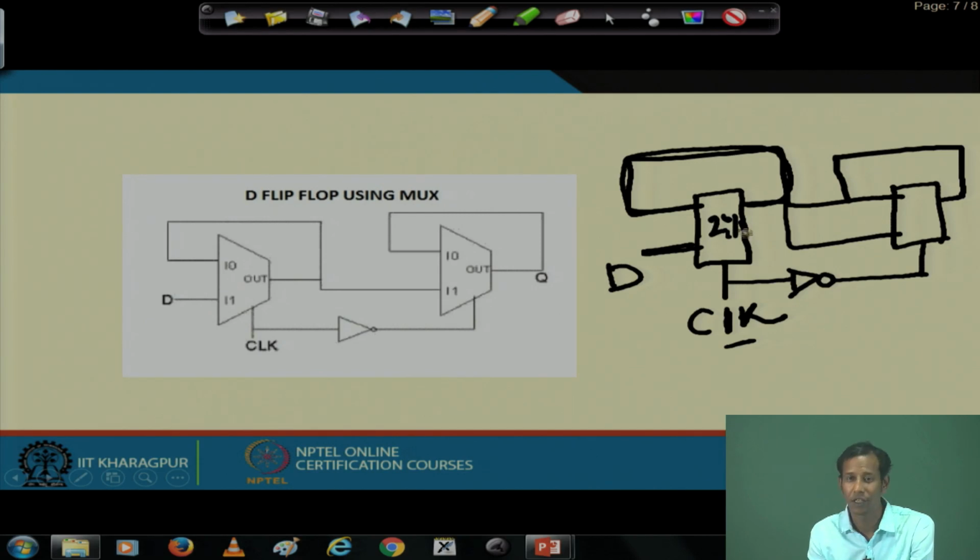The same configuration we have used here to implement it using two latches which have been designed using 2:1 multiplexers. So, that configuration we have used to implement the D flip flop using multiplexers. Okay. Now, then again,